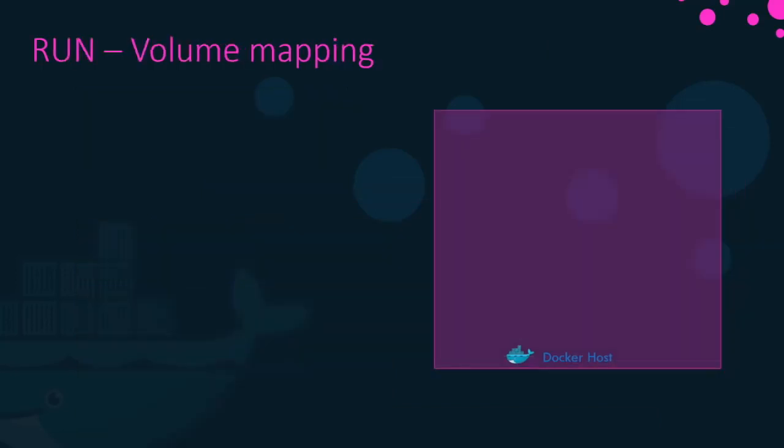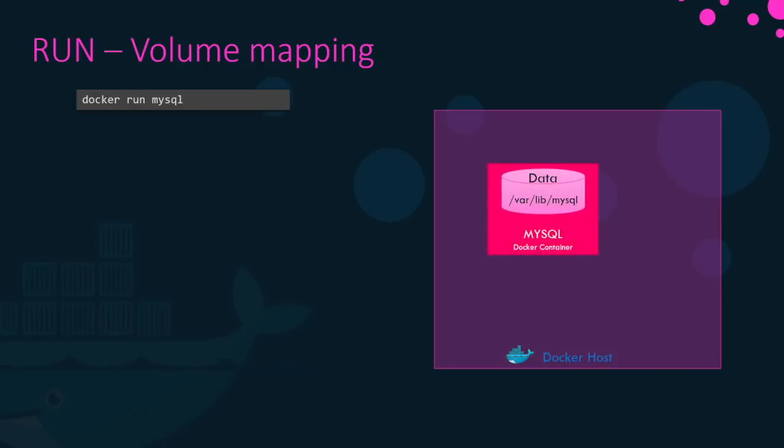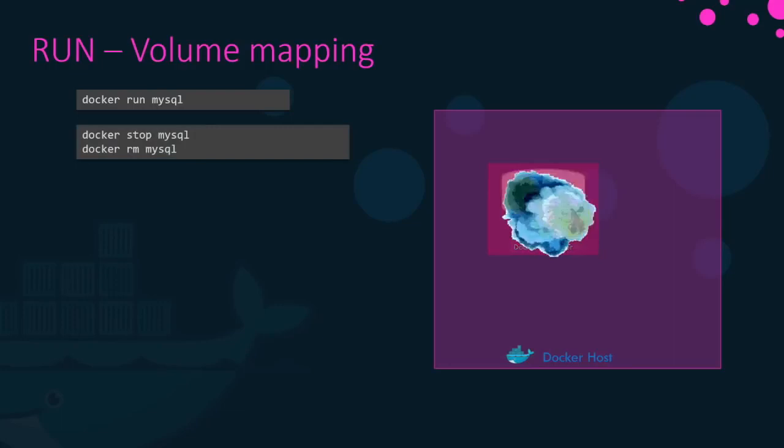Let's now look at how data is persisted in a Docker container. For example, let's say you were to run a MySQL container. When databases and tables are created, the data files are stored in the location /var/lib/mysql inside the Docker container. Remember, the Docker container has its own isolated file system, and any changes to any files happen within the container. Let's assume you dump a lot of data into the database. What happens if you were to delete the MySQL container and remove it? As soon as you do that, the container along with all the data inside it gets blown away,